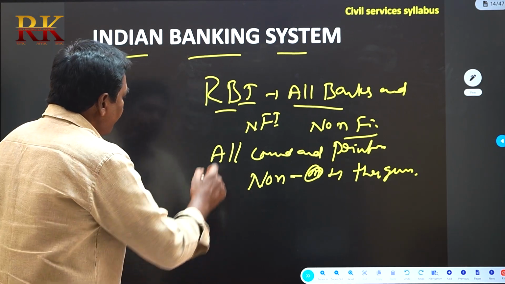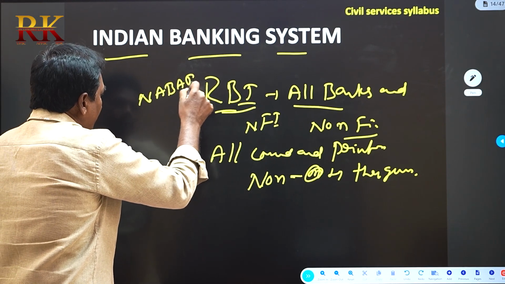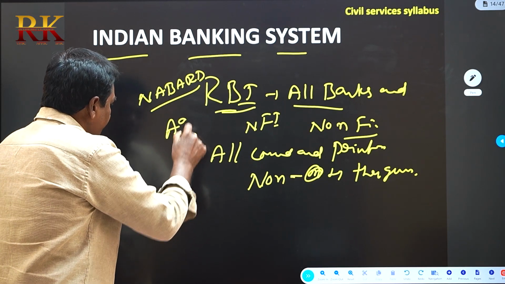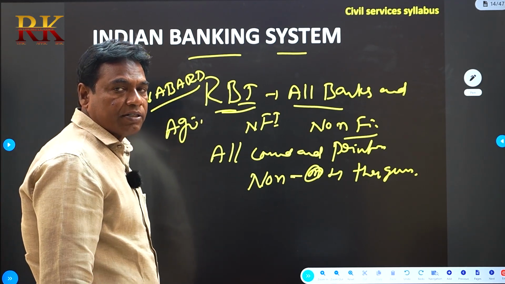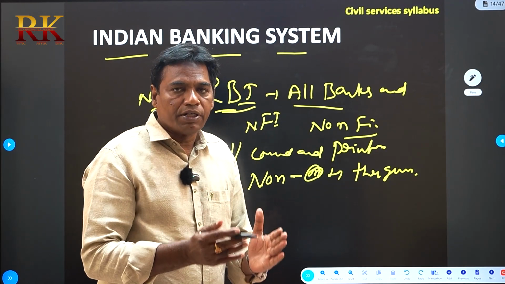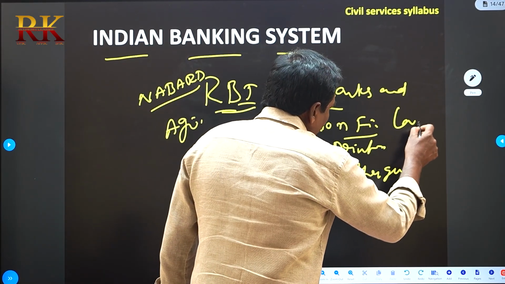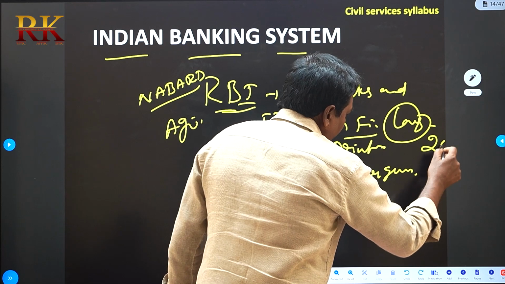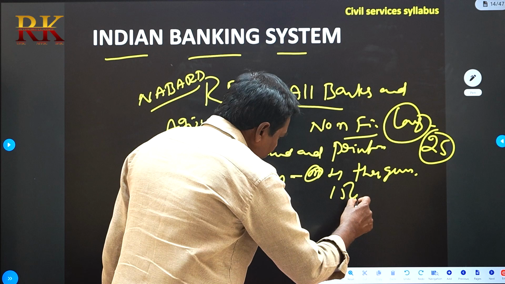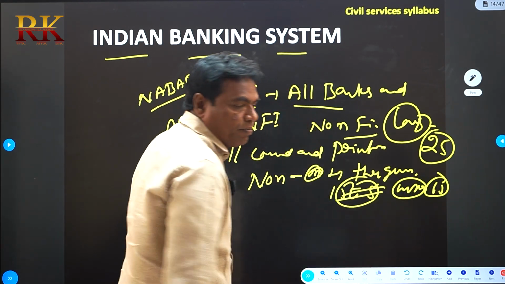At the same time, among banking organizations there is NABARD. NABARD gives loans only to the agriculture sector. NABARD provides three types of loans, classified as short term, middle term, and long term. Long term loans are up to 25 years. Short term loans are 15 months to 5 years. Middle term loans are 15 months.